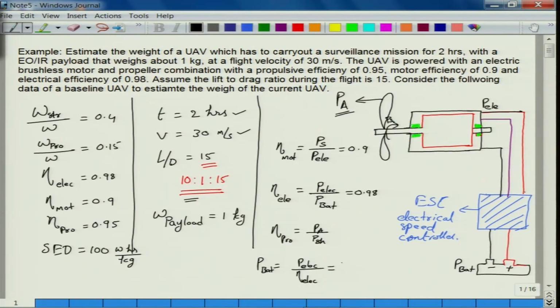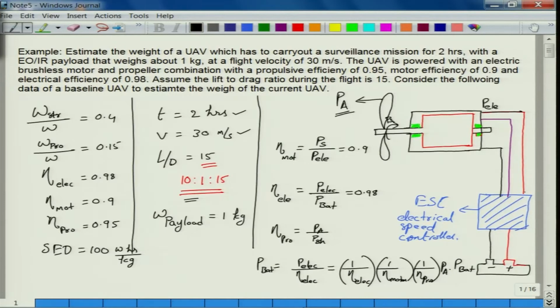So, what is P electric? Again I can convert this P electric from here, it's PS upon eta motor. So, 1 upon eta electric, 1 upon eta motor, times PS here. So, again I can convert this PS as 1 upon eta propulsion times PA,